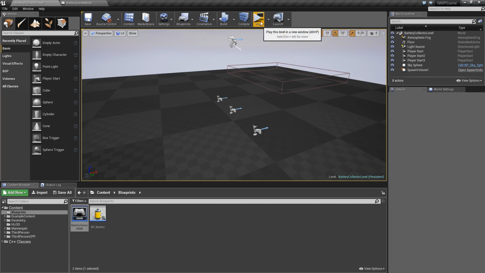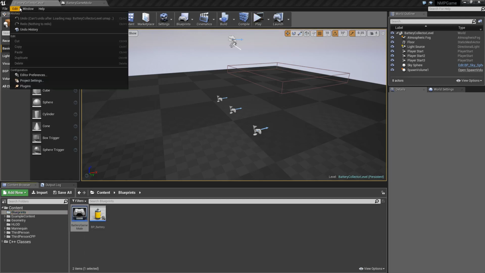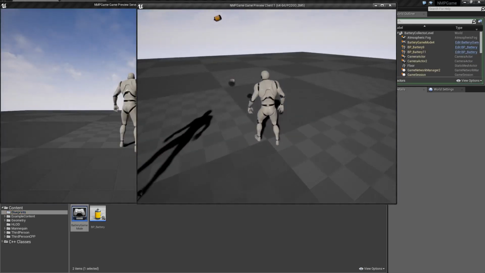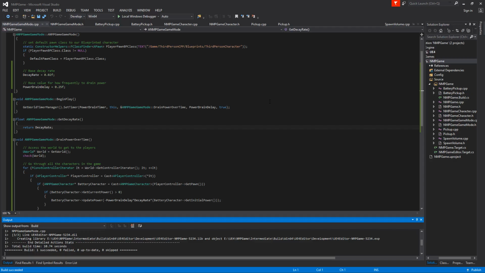Let's go ahead and we need to set that blueprint version for our project. So let's go into our project settings and then go to maps and modes. Our default game mode is battery game mode. Change that. Okay, and now